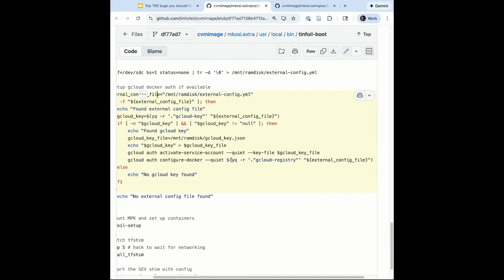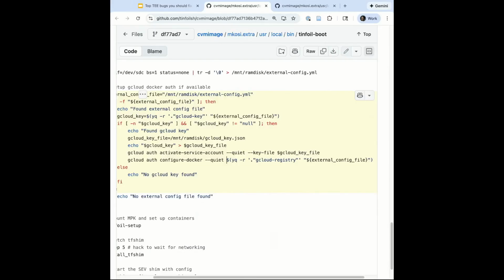There's no real exploitable issues here currently, but you can see that there are areas where I'd be a little concerned. This command here is pulling some data out of this external configuration file, and then passing it as arguments to this gcloud auth command. This is a pattern that we sometimes see leading to command injection or argument injection vulnerabilities. For certain types of commands, if you're able to pass arbitrary arguments, you can leverage those commands into doing more work for you. So you can imagine if this was piped to something like find, you could use the argument splitting of this command to get arbitrary code